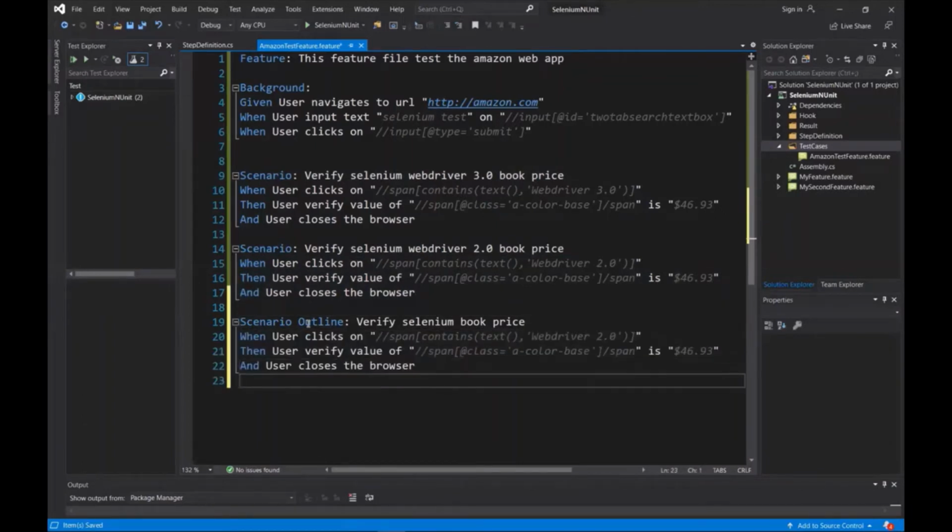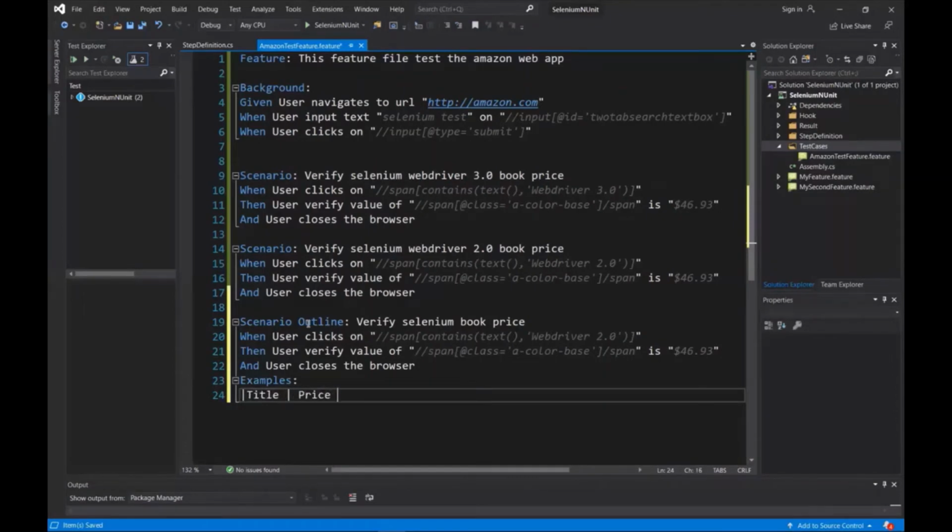One thing to note over here is that Examples must be used with Scenario Outline. Examples are basically the test data based on which our Scenario Outline will run multiple times. So the same scenario will run based on the number of rows provided in the Examples section. Please note that the first row will always be treated as the column header. So if you have 3 rows in your Examples, then the scenario will run 2 times, because the first row will be treated as the column header.